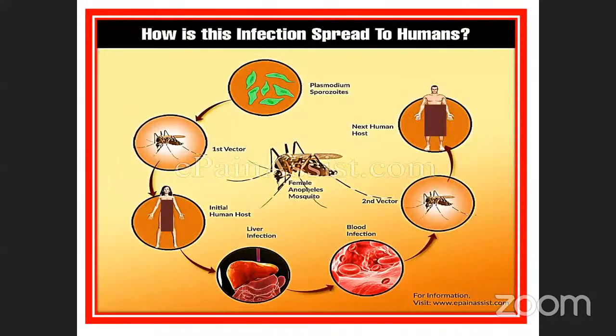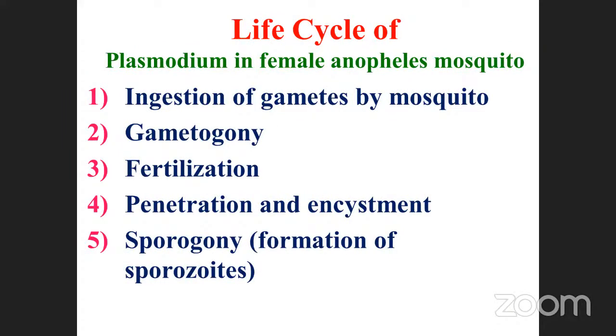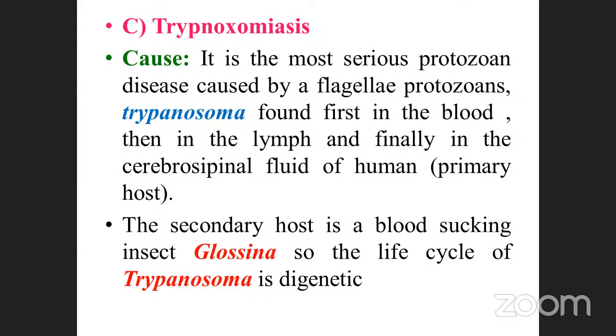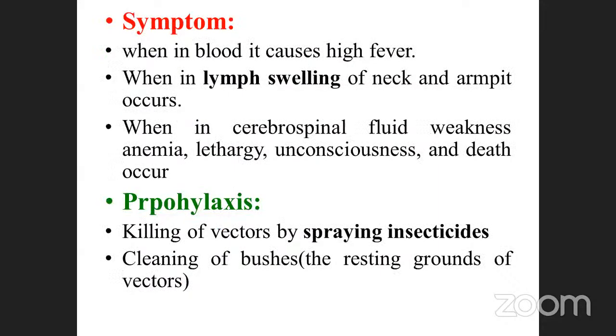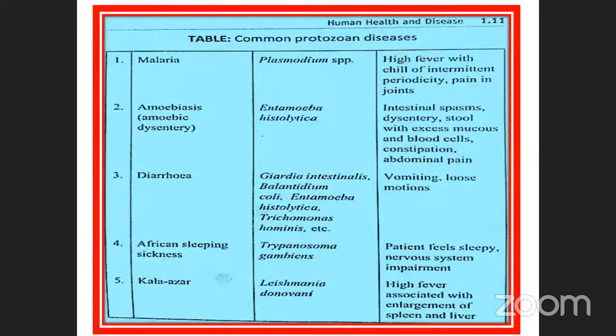Okay, see. And then the life cycle of Plasmodium in the female Anopheles mosquito, we already discussed. Trypanosomiasis. Trypanosomiasis is one of the serious protozoan diseases. Trypanosoma we already discussed, and also one more is the Glossina. It is digenetic because it needs 2 hosts, insect as well as human beings. Symptoms and prophylaxis we also already discussed, isn't it? Okay. See, today